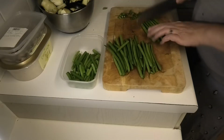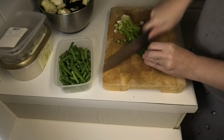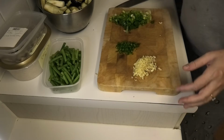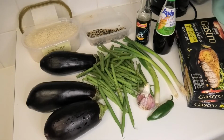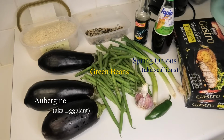Today I'm going to share with you an easy stir-fry recipe that is super healthy and quick to make. I think I found this recipe on the BBC food site, but honestly it's so long ago now that I can't be sure. Anyway, start with a few simple ingredients: aubergines, green beans, spring onions, garlic, chili, soy sauce, and